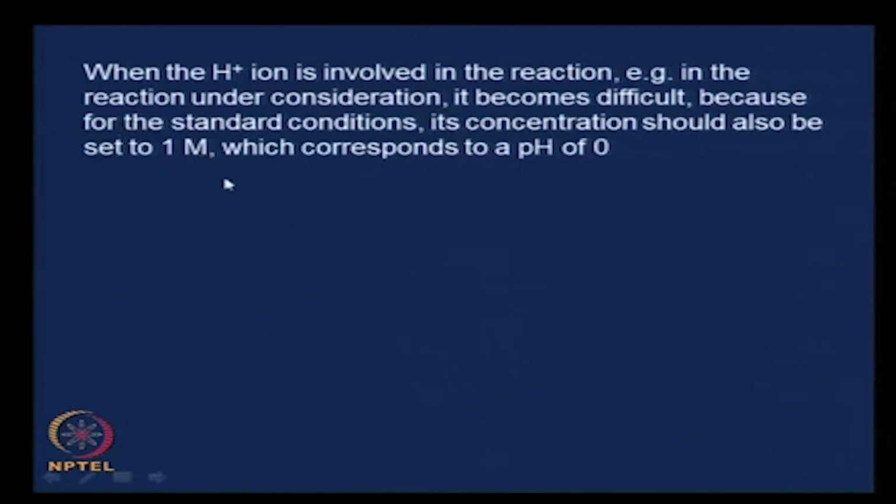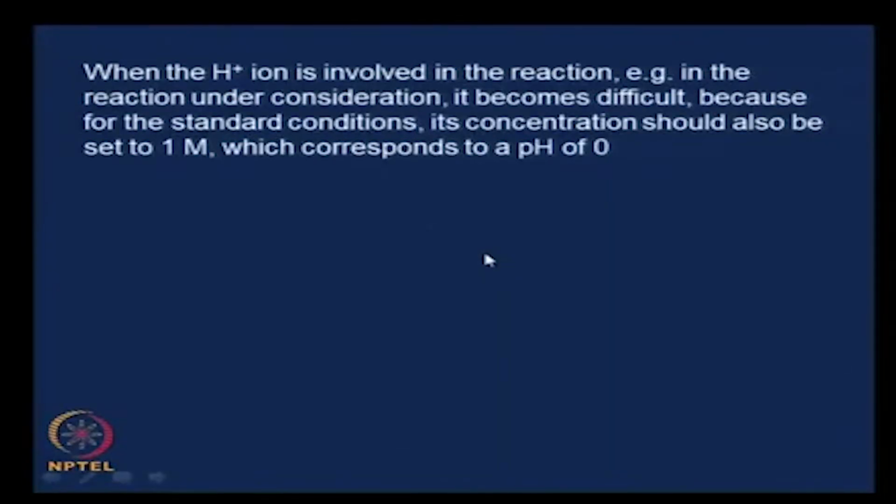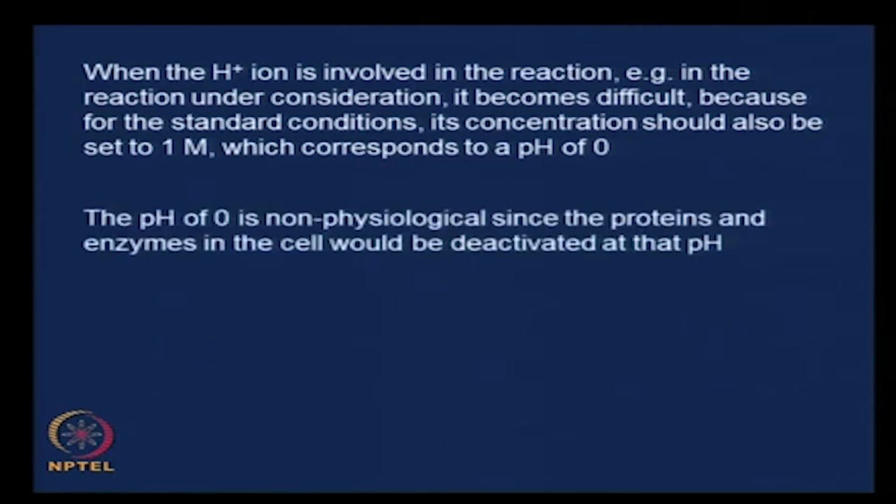And what happens when you set the concentration of hydrogen ions to 1 molar? The pH, which is nothing but the negative log of the hydrogen ion concentration as a first approximation, turns out to be 0. So the cell is completely gone at a pH of 0, because the cell typically works at a pH of 7 or around 7,